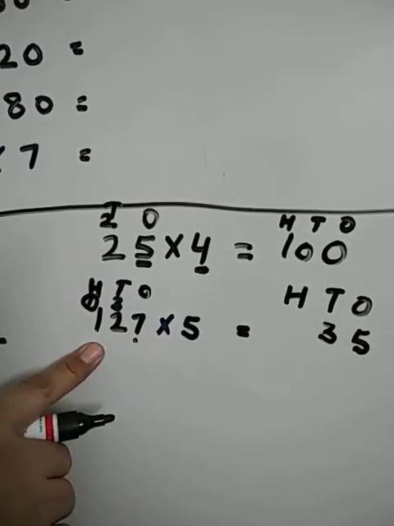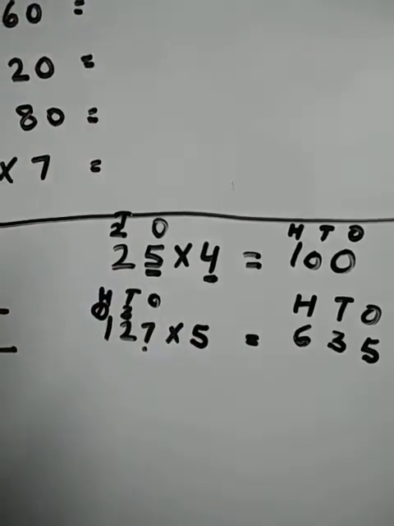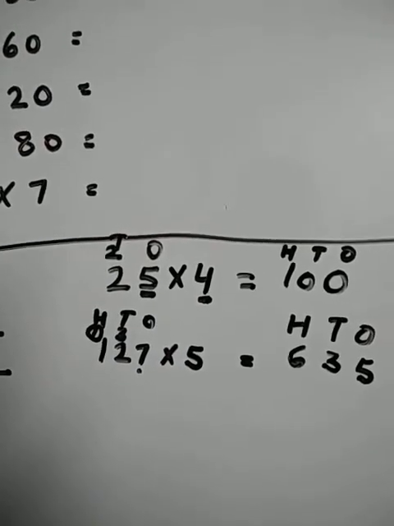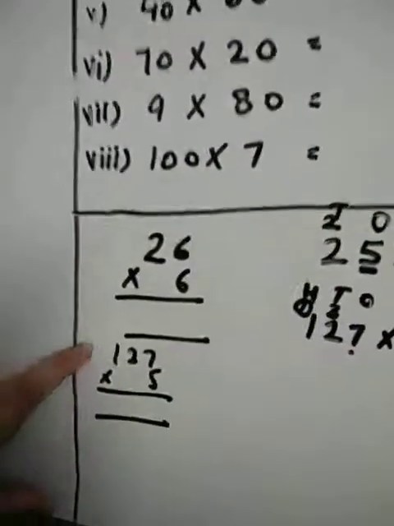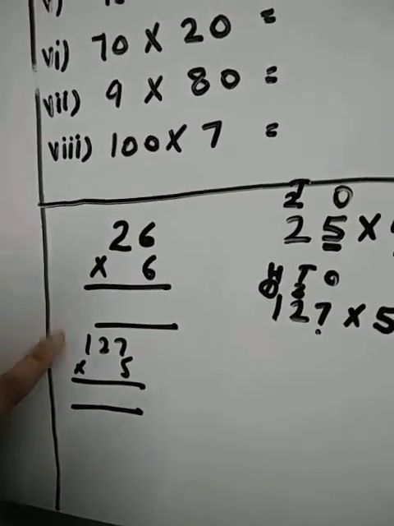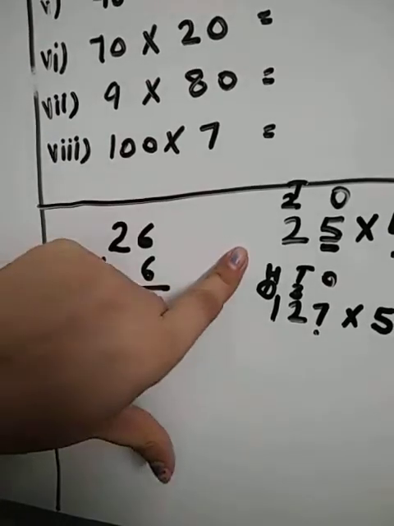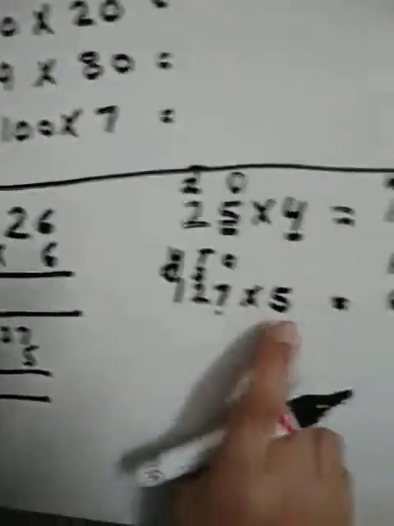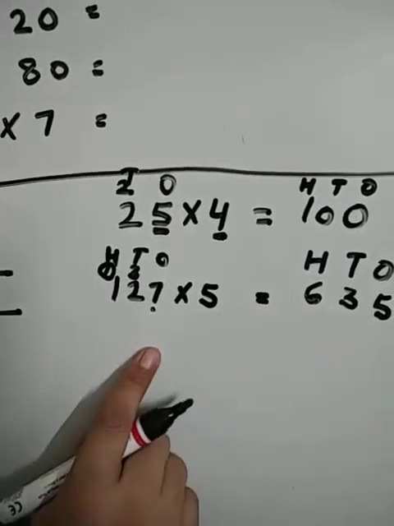So 5 ones are 5. 5 plus 1, 6. See, if you have not understood this method, you can show the multiplication like this only. This also. Like this. You can do the multiplication like this also. But it is the easiest method, because the number by which we are multiplying is one digit only. So do the multiplication like this.